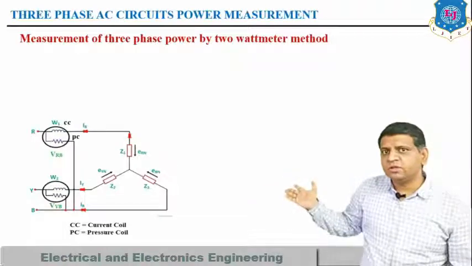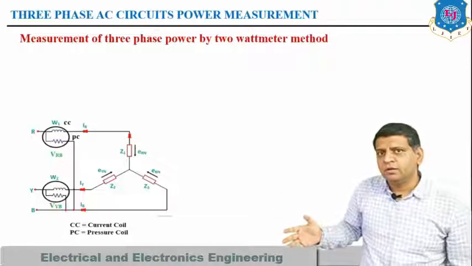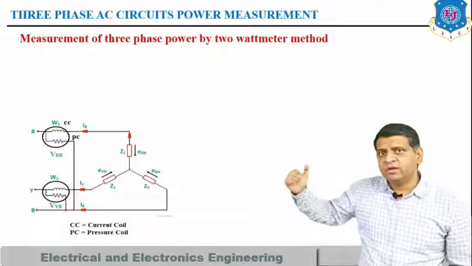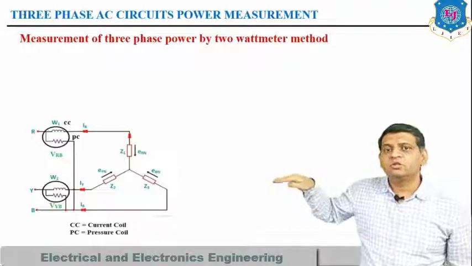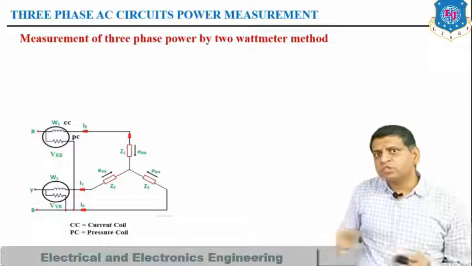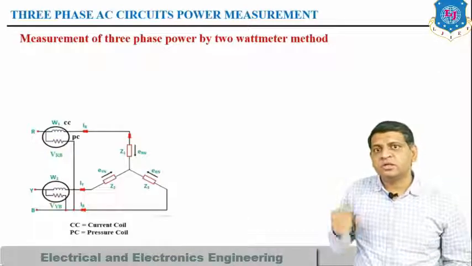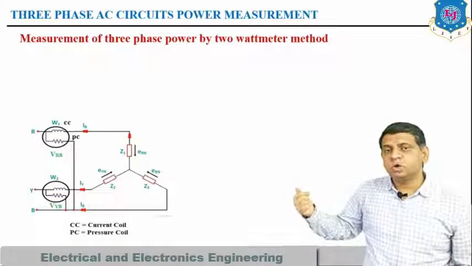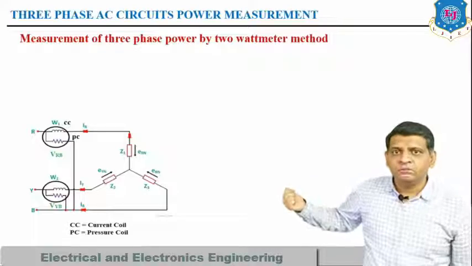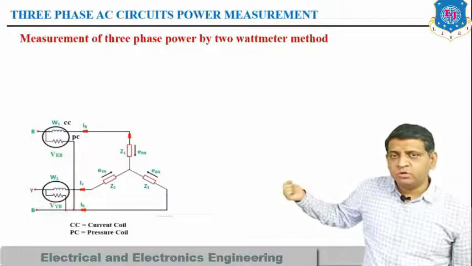Now what is the difference between the 3 wattmeter method and the 2 wattmeter method? In the 3 wattmeter method we have connected a common connection, which is called a neutral line. So one end of each pressure coil is connected to the neutral line, but this is not the case with the 2 wattmeter method. You can see here you connect 2 wattmeters and